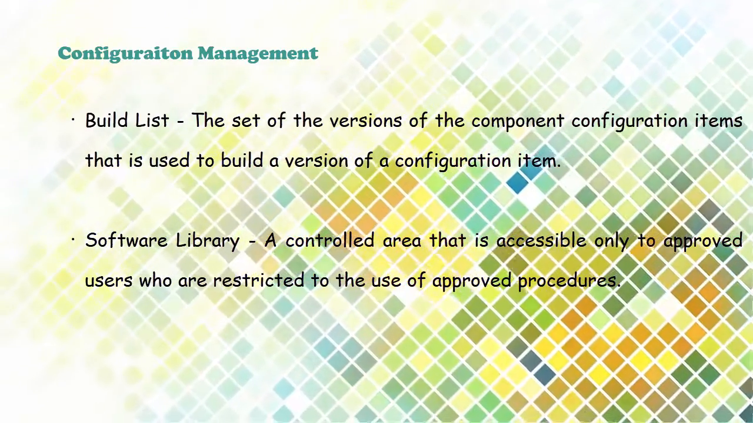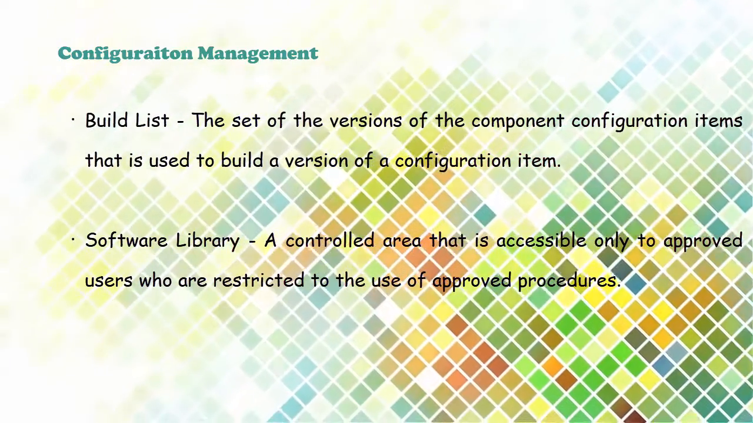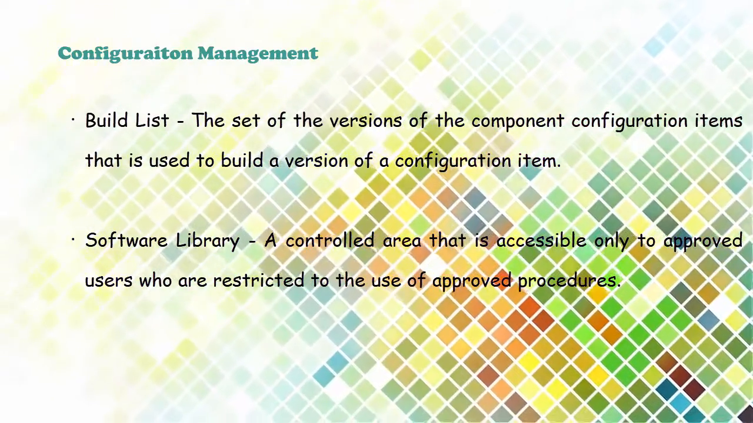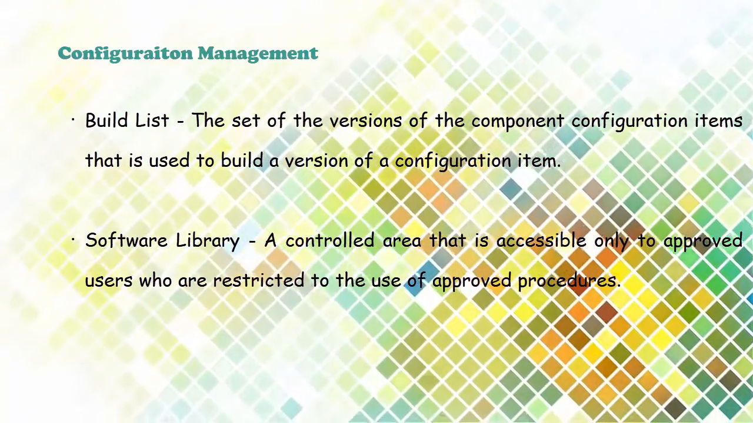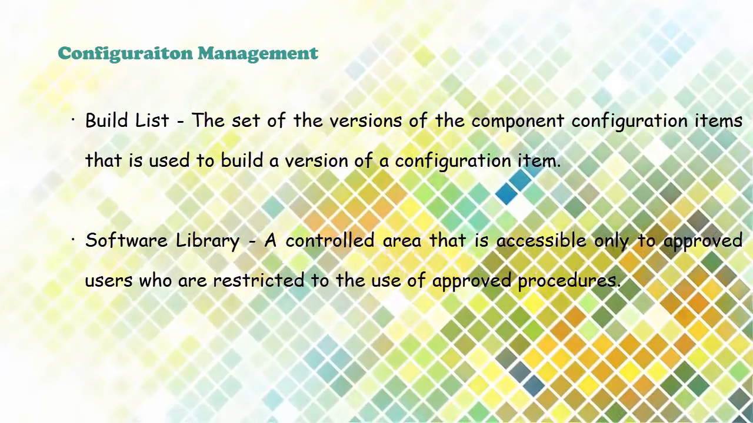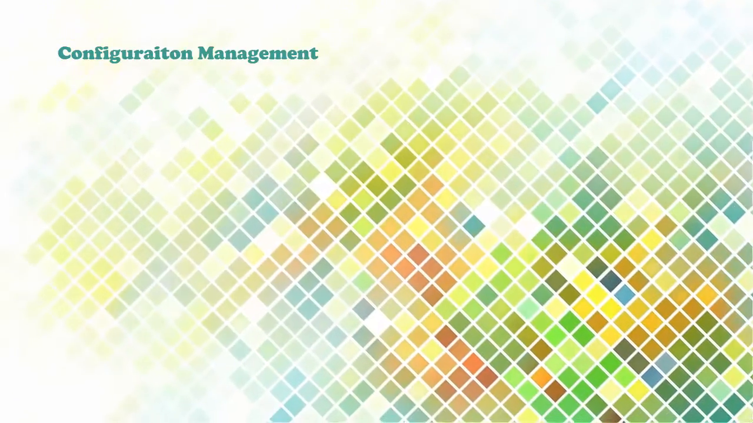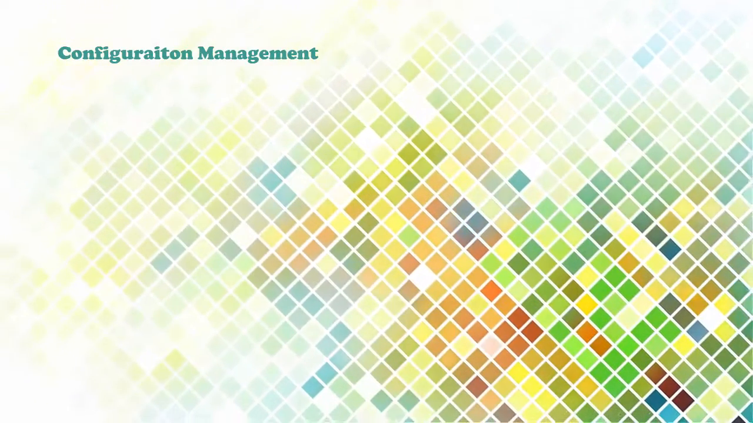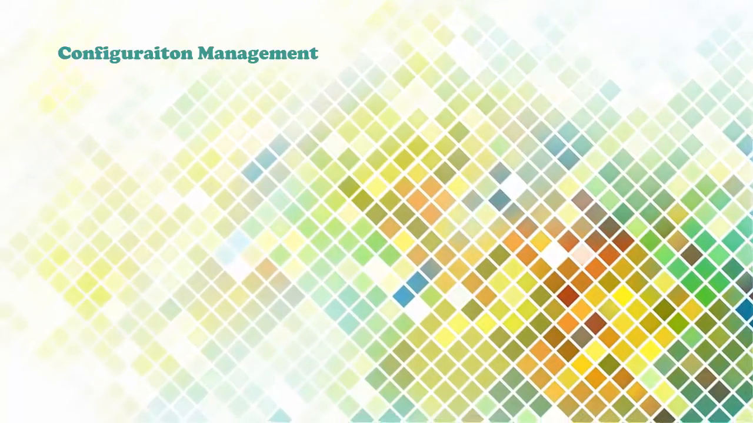And the last definition, software library, which is a controlled area that is accessible only to approved users who are restricted to the use of approved procedures. So now that we understand some of the definitions, we can now move on to